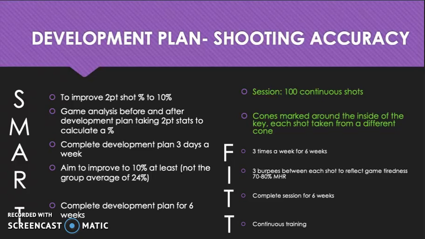Then in between each shot, she's going to do 3 burpees to simulate the tiring feeling that she's going to get from playing in the game. If the athlete misses a goal, then it doesn't count towards the 100 and she has to repeat it. The session must be done 3 times a week for 6 weeks, and the intensity will remain high, which is because that's the intensity she'd be using in a game of basketball, and the burpees will help simulate this, and her heart rate should be between 70 and 80% of her maximum heart rate. As I said, what should be working in a game of basketball.